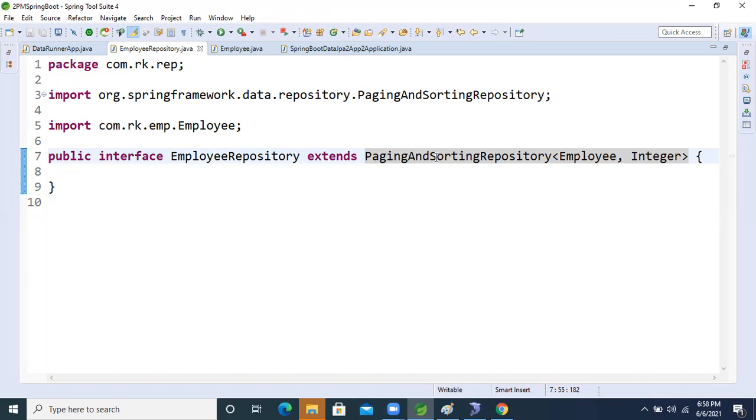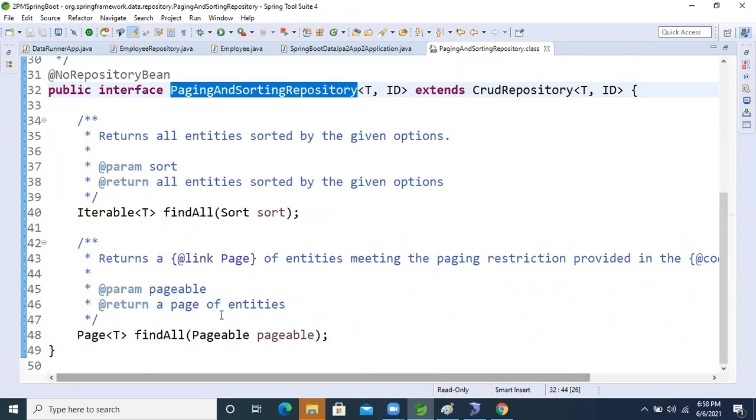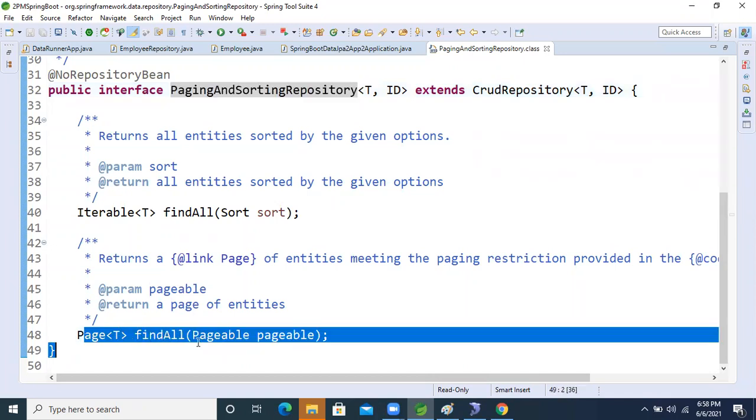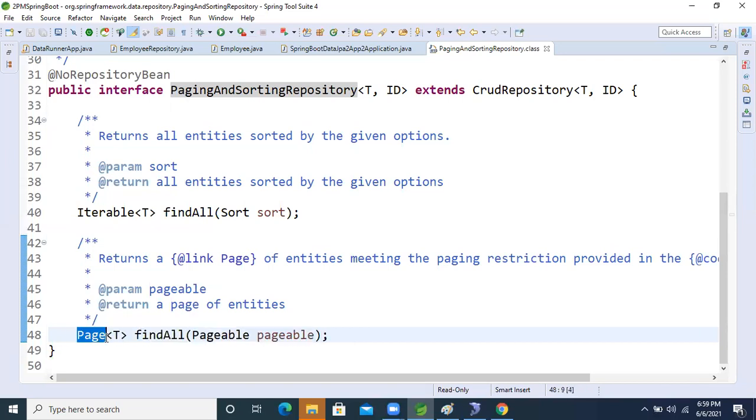I want to show the declaration, guys. So pagination is there. See the second method: its return type is Page, and it takes input as Pageable, right? Pageable as input, and the return type is Page.